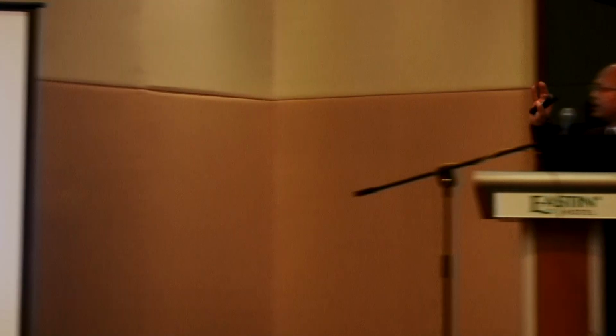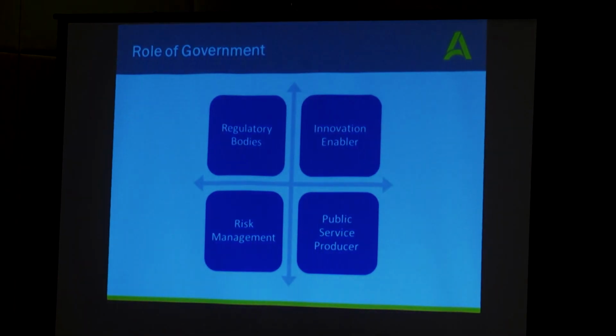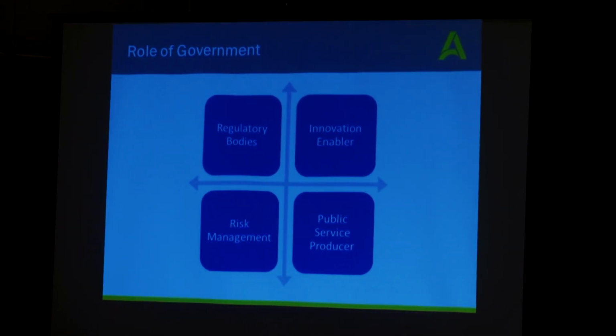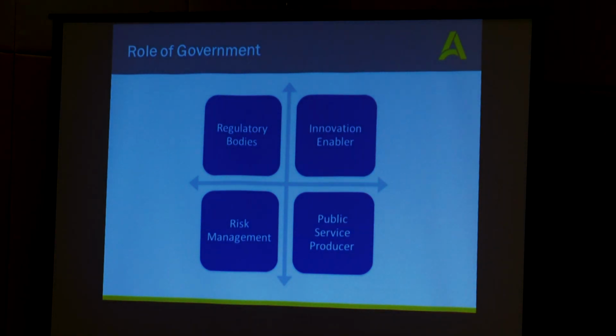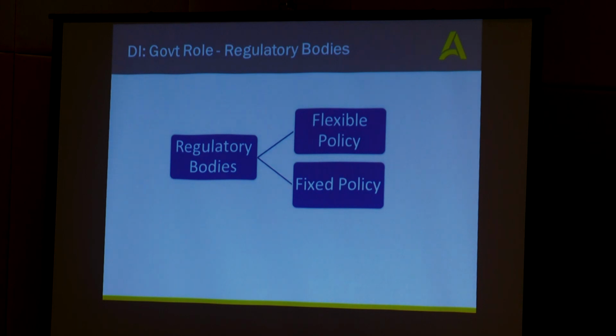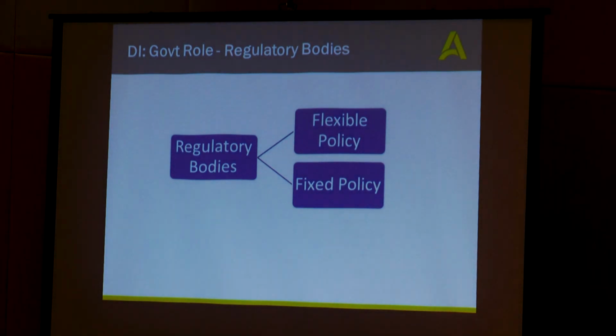So I move to the second part of my presentation, which is the role of government. The main thing that we need to know is that I bring four types of the role of government: the regulatory bodies, innovation enabler, risk management, and also public service producer. And in the regulatory bodies, the issue that we find is